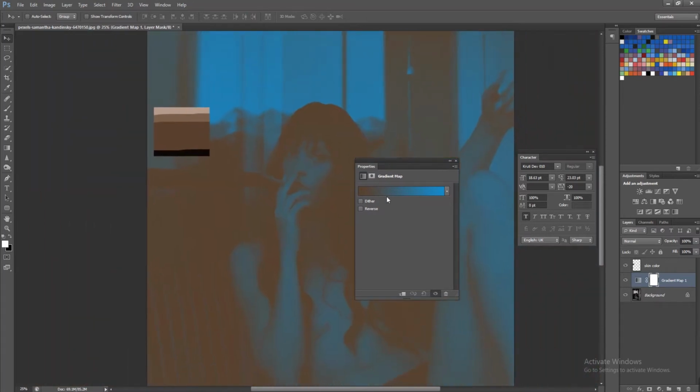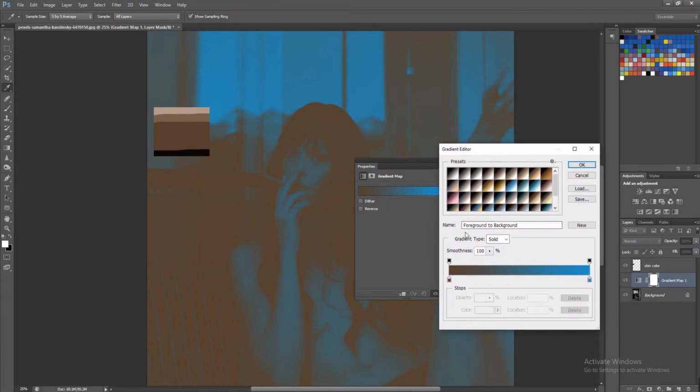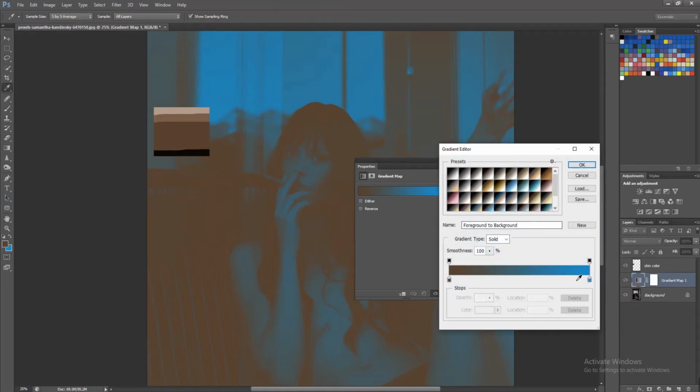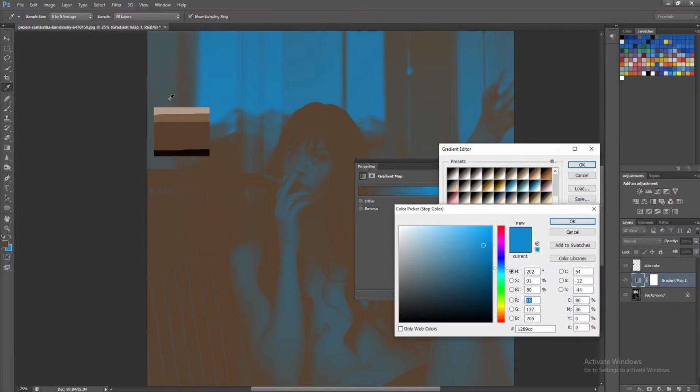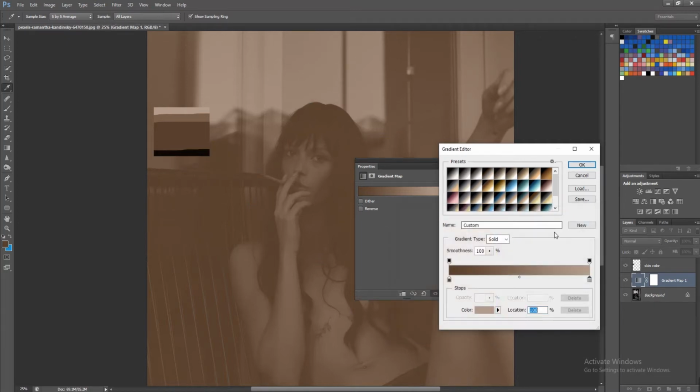Click on the gradient band color in the gradient editor window. You can see a color slider having highlights on the right side and shadows on the left-hand side. Make sure to select the layer thumbnail, not the mask thumbnail. Now single click on the right highlight slider button and pick a color from the sample color strip. I will choose the brightest color. Make sure in the sample tab all layers is selected. Click OK.